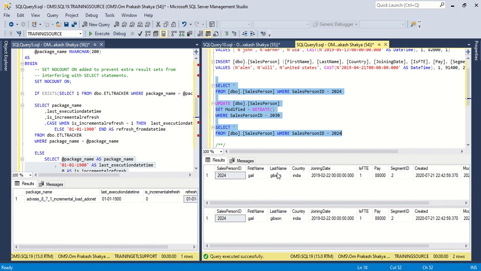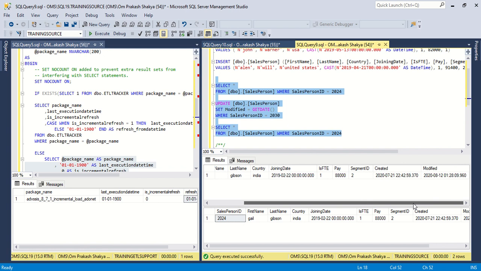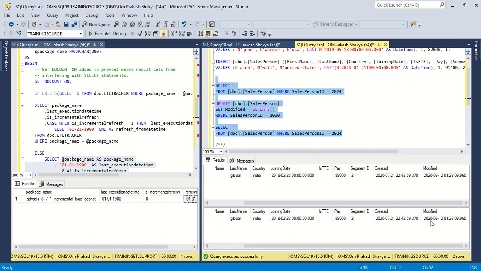Okay, so I am modifying the modified date. You can see previously it was 128. No, it was not 128. So we had updated or inserted the modified date because it has,